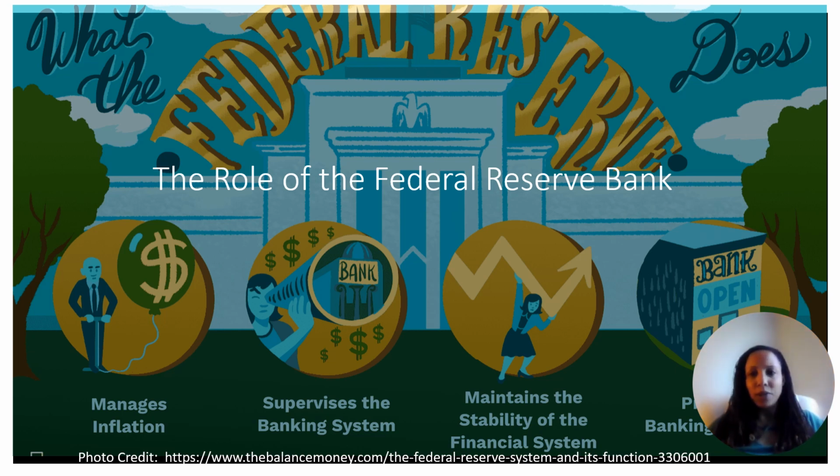Now, these two mandates are difficult to maintain at the same time, but the Fed has three monetary tools to help utilize and stimulate the economy. They first can set the reserve requirements for banks, which is the amount of money banks are required to hold. They set the discount rate, which is the interest rate paid on borrowed funds. And they also have open market operations.